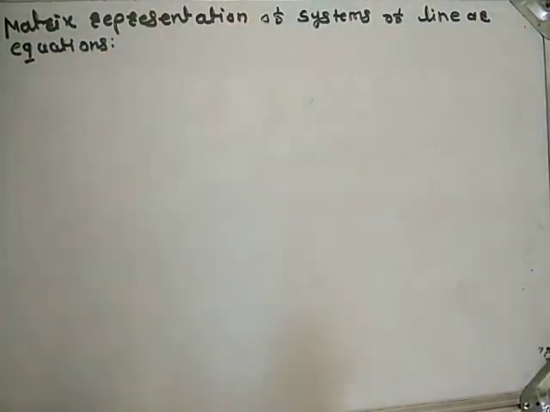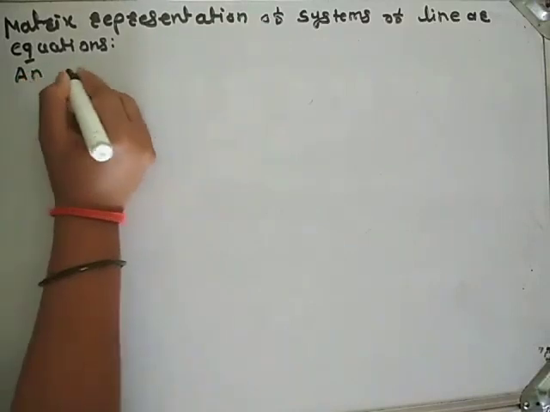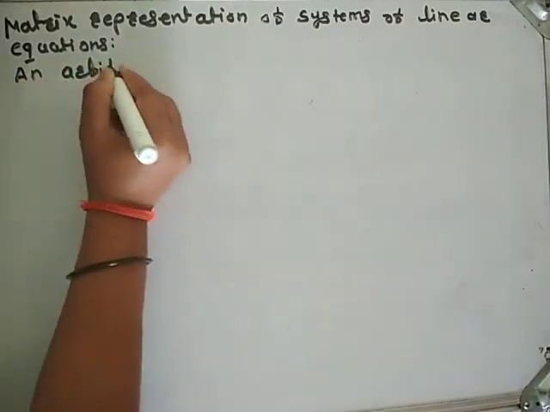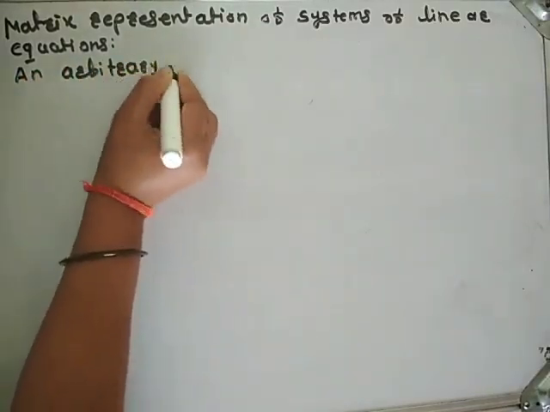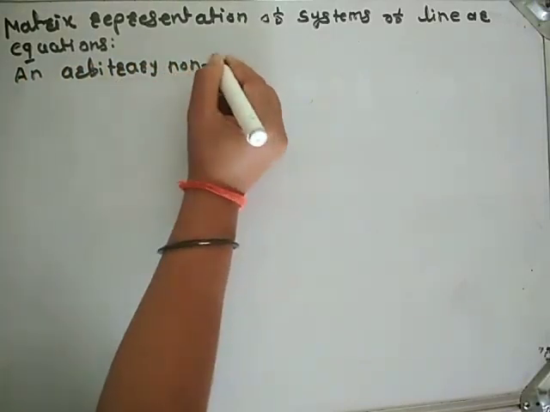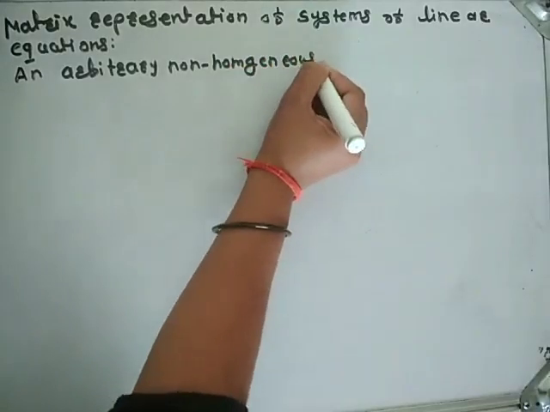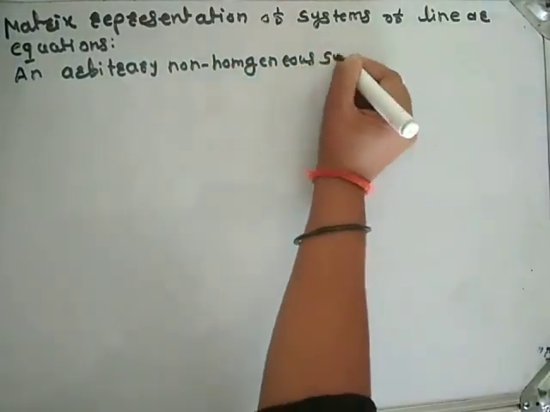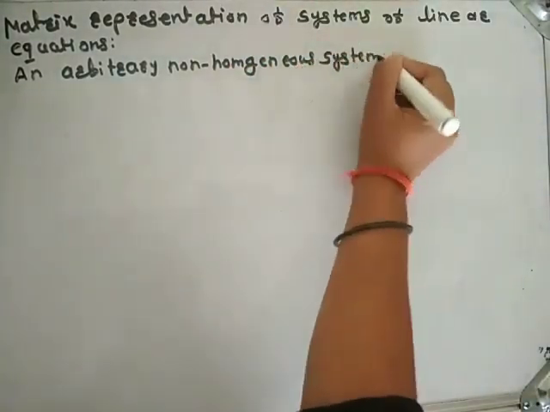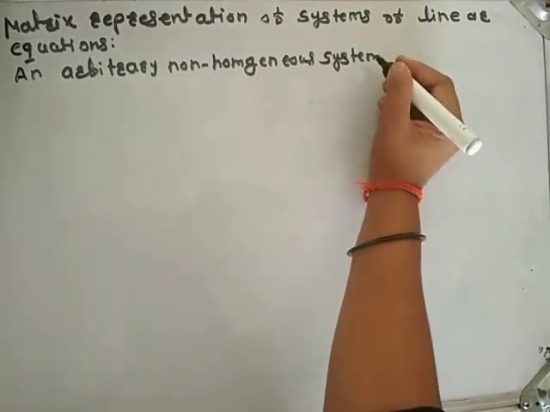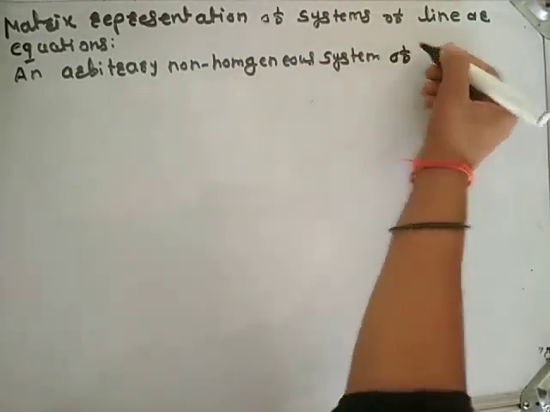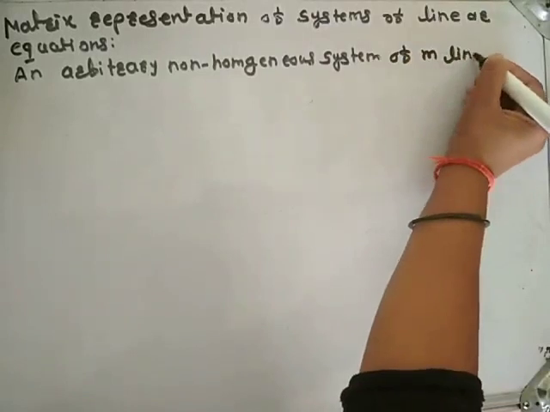An arbitrary non-homogeneous system. In previous video we have discussed what is non-homogeneous system of m linear